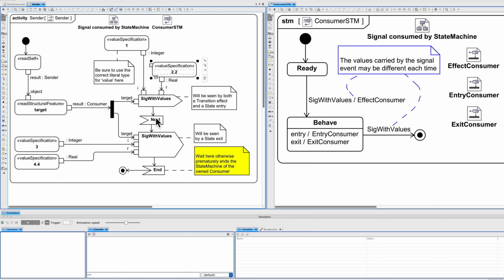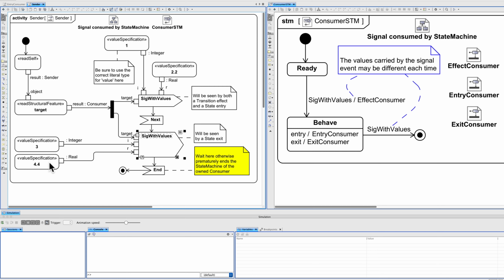We have to then wait, with an accept event action with this signal type, just so that we can see this happening before we proceed. And then we send another one. This is forked here to get the same target, but this has different values. We have here 1, 2.2,